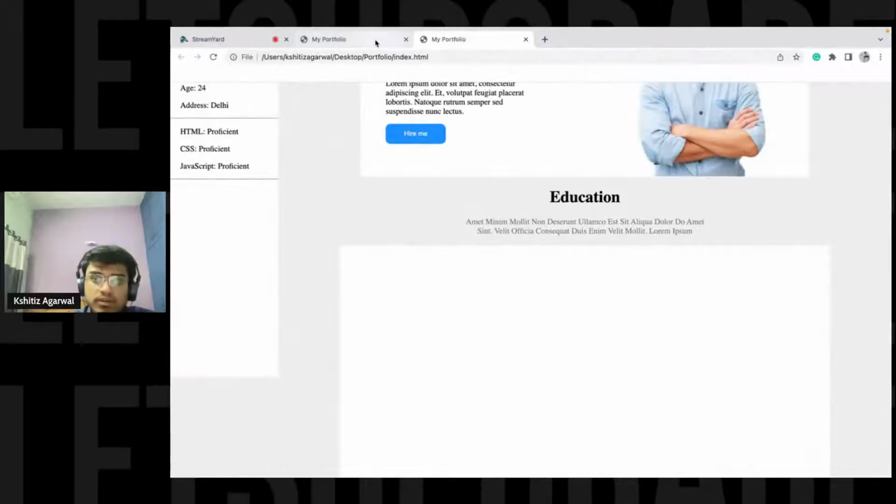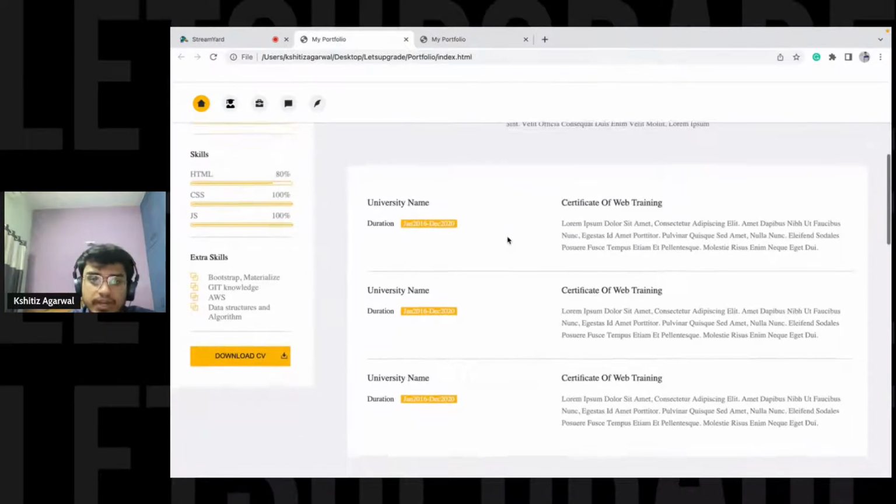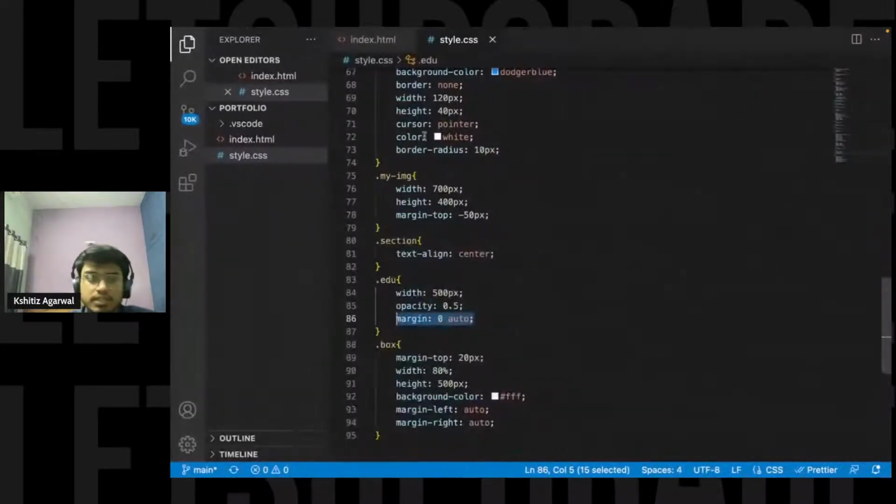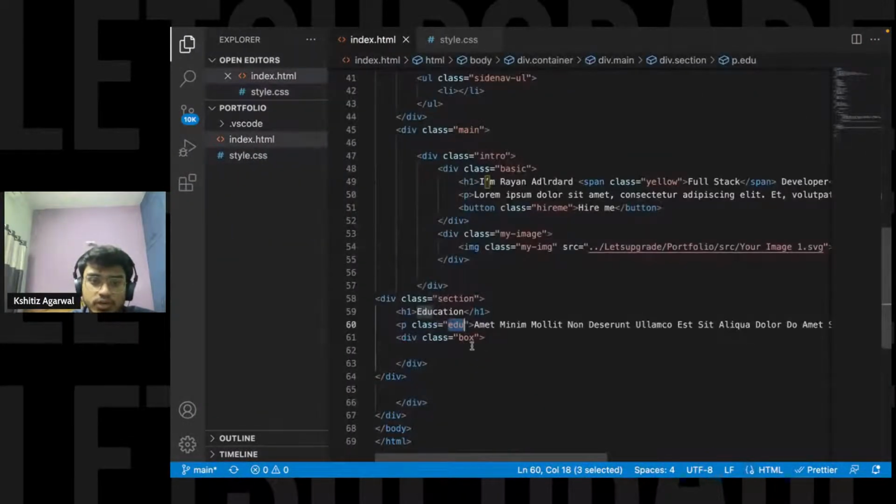So then we still have 20 minutes. So yeah, in 20 minutes I think I will be able to complete this portion. So we have university name and then certificate. Okay, so inside the box, what to do is